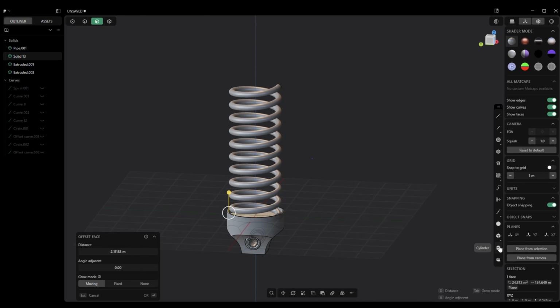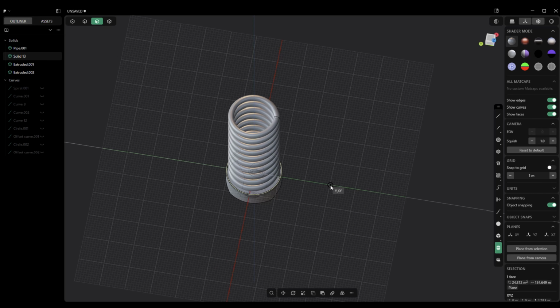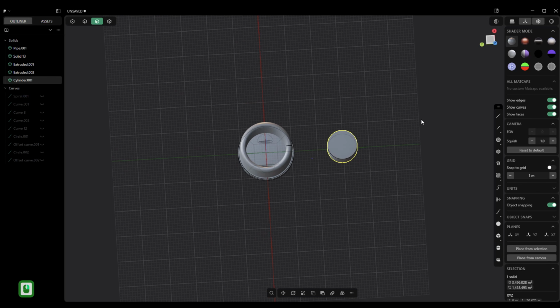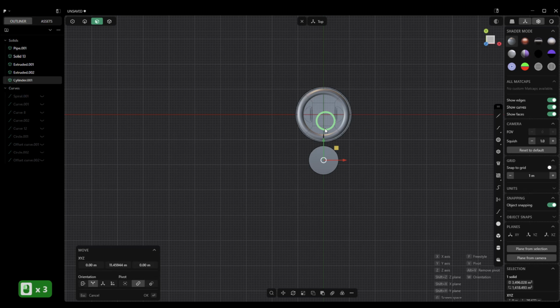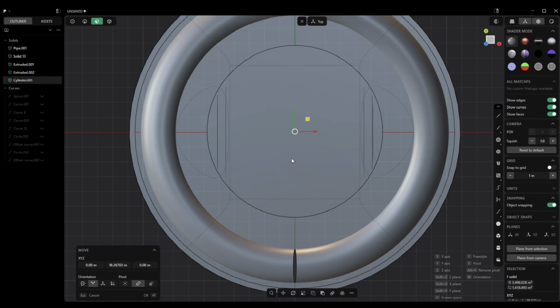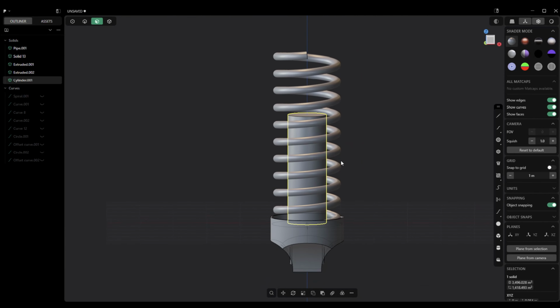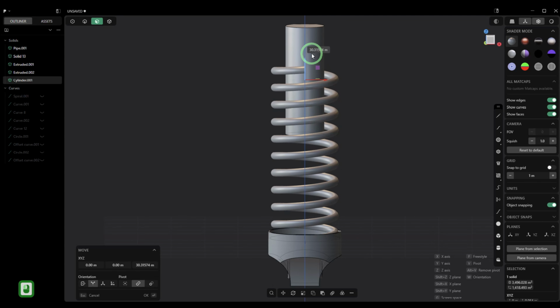So we're going to start with a cylinder. I'm going to start right here. All right. We're going to go over here. We're going to hit G and move that in. Let me get in closer. All right, we're going to hit G, move that up. And that's going to be in here till about